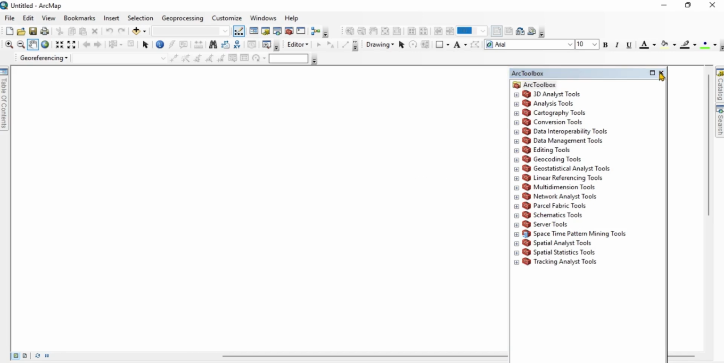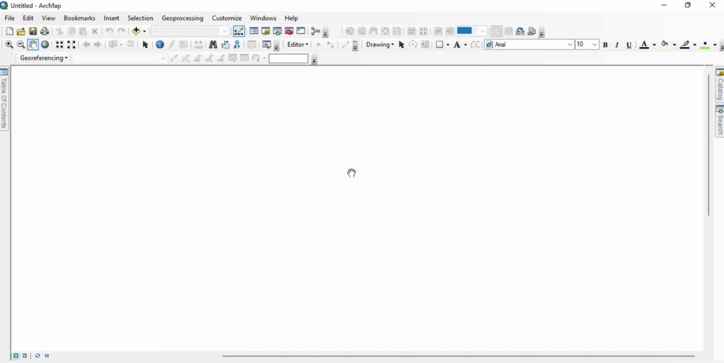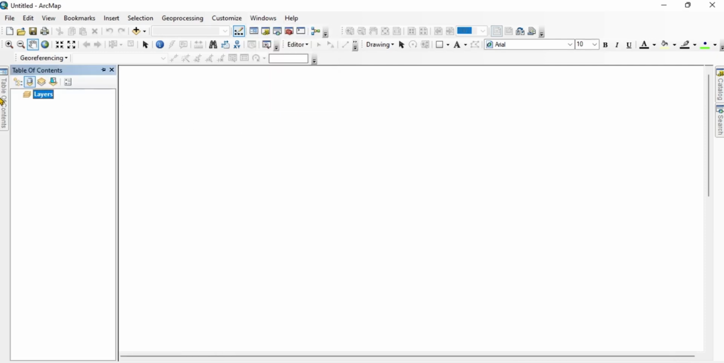Then we go to your toolbox. Table of contents. This is my table of contents. I pin my table of contents here. I can delete it. I can pin it as well. But in my customize,